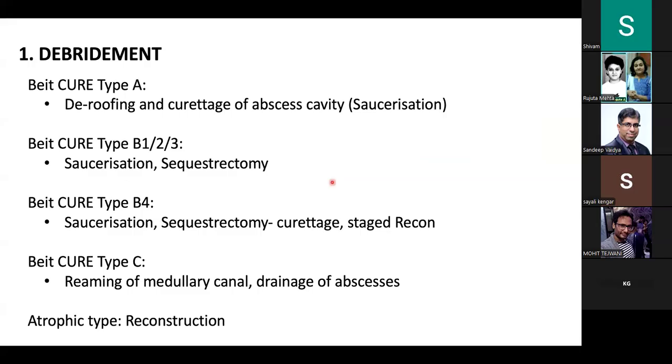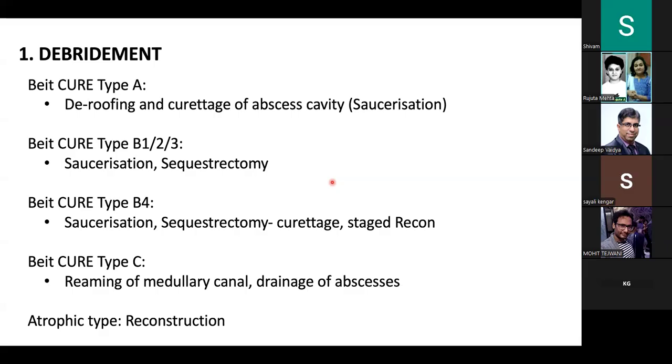Additionally, the Cierny-Mader classification gives you some guide as to how your debridement is going to be. So in type A, you have to do a saucerization, which means simply you have to de-roof your abscess. And type A, remember, is the Brodie's abscess, right? So you have to de-roof that abscess and you have to do curettage of the abscess cavity. That's number one. In type 1, 2, 3, remember, is chronic osteomyelitis with sequestrum, but